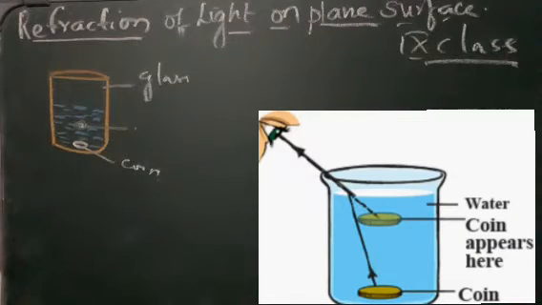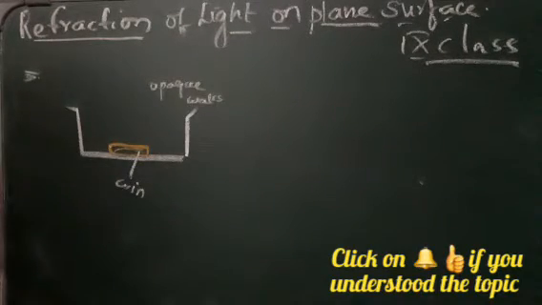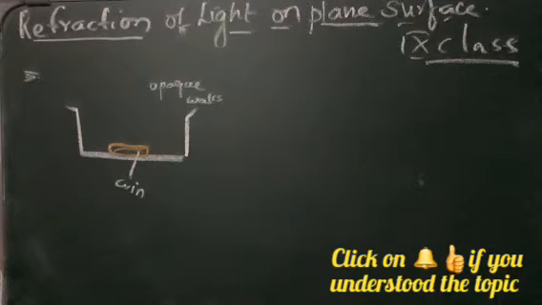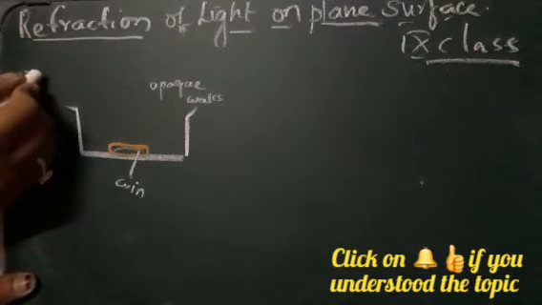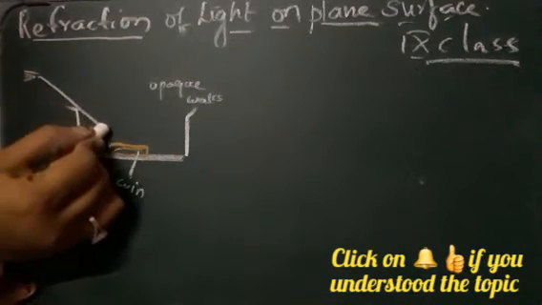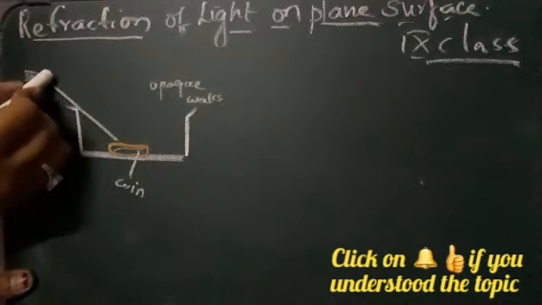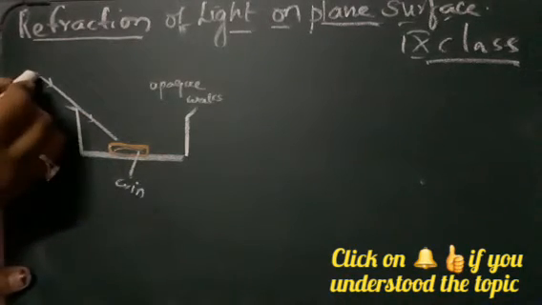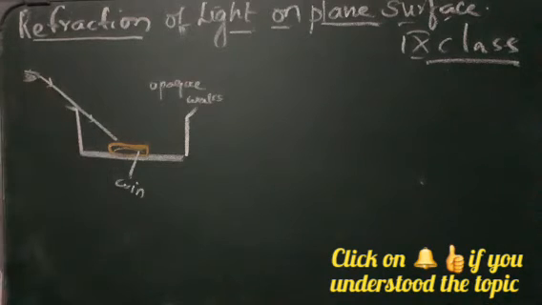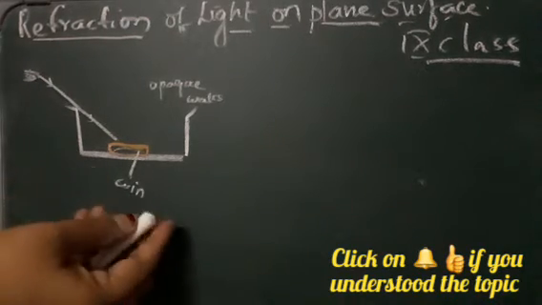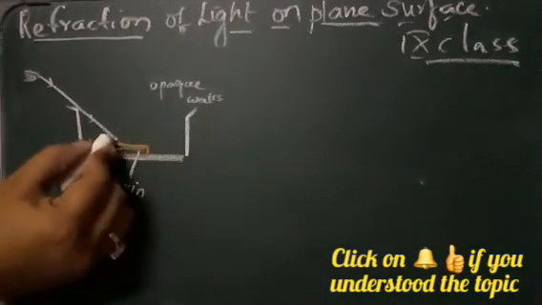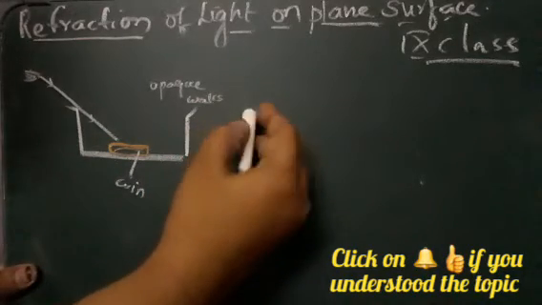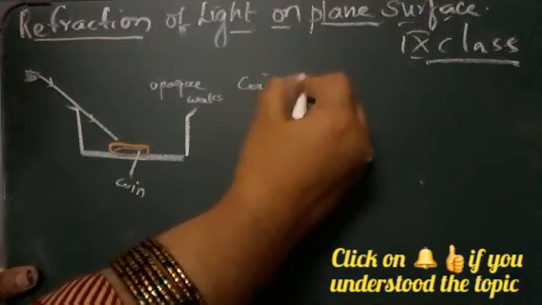If you go with another example, if you take a container, a glass container or an opaque container, you see that we have placed a coin here. Yes, and you are able to see the coin directly like this, isn't it? You can see the coin because of the reflection. Whatever your eyes are able to see is nothing but due to the reflection, right? So what you are going to do is simply move far away till the coin is not visible to you. Okay, you're going to move still more far away, so that the coin is not visible to you.